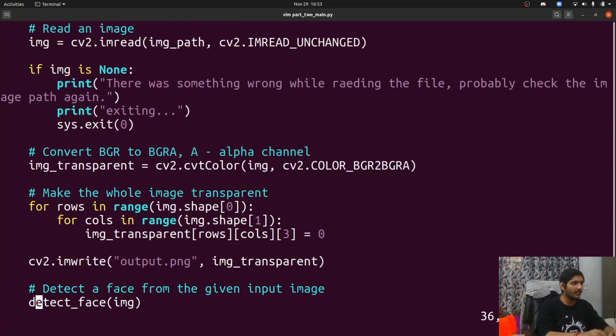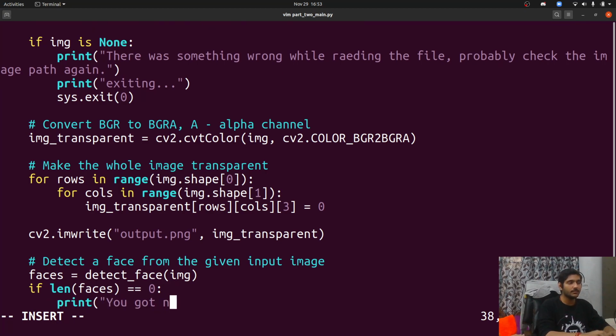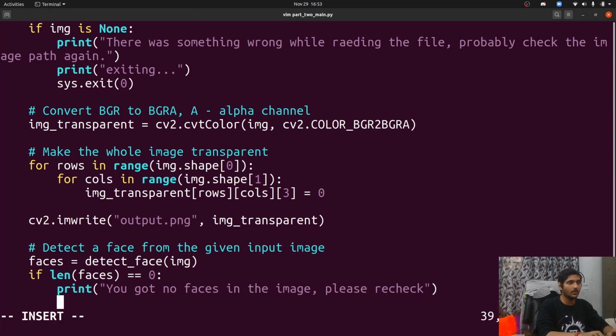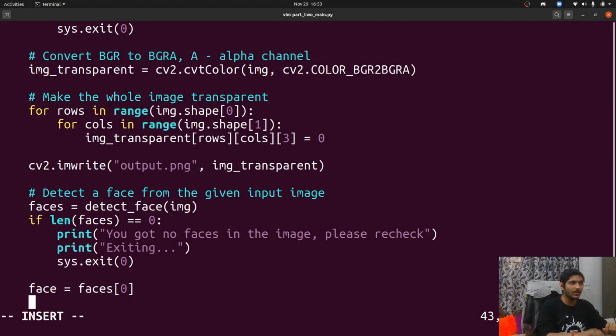I got the faces from here. Okay, if I say that I got no faces in it, let's just print a message, and let's say I'm exiting. Okay, but what next? You got the faces. Now let's iterate through each face. Right now this will work for one face, so I'm just gonna work for one face. Whatever the first face is, I'm gonna work with it. You can of course put a for loop and try to make it for all of them. So I'm just gonna keep it very simple.